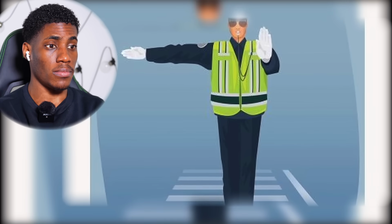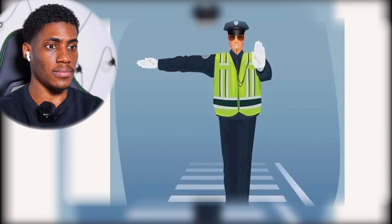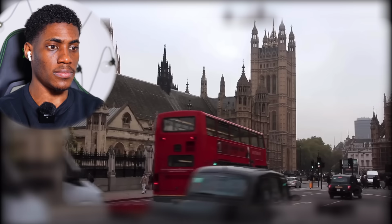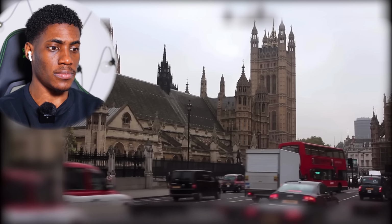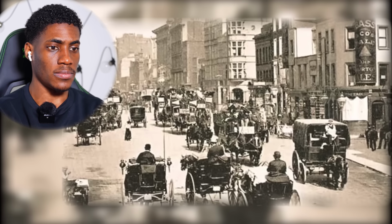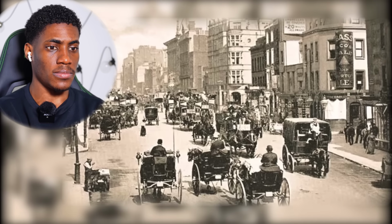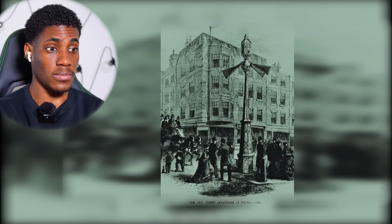Before traffic lights were invented, traffic was usually controlled by a traffic police, but in 1868, a man named J.P. Knight from Nottingham, who worked on railway signaling systems, came up with the idea for a traffic light that was installed outside of the Houses of Parliament. He came up with the idea based on railway signals at the time, and it was used to control the excessive amount of horse-drawn carriage traffic that was making it difficult for the traffic and pedestrians to all coexist safely. It was gaslit, and it was operated by a police constable, and while it did work, unfortunately it exploded the year after because of a leak in the gas lines. But it was an American, a policeman named...